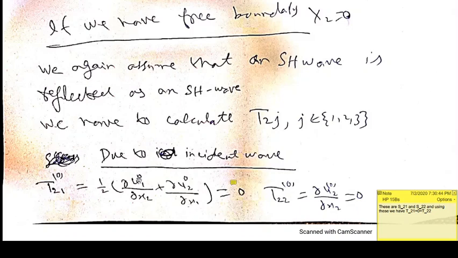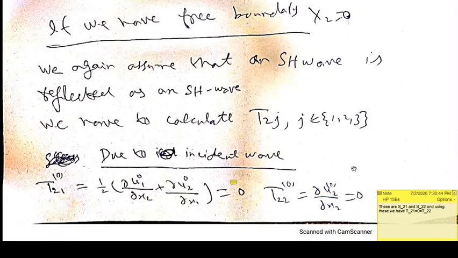This denotes that we are dealing with the incident wave, and you know that for the incident wave, u1 and u2 are equal to 0. So as these components are 0, S21 equals 0, and if S21 equals 0, then T21 equals 0, because T21 contains 2 terms: the first is 0 due to delta 21 and the second is 0 due to S21.